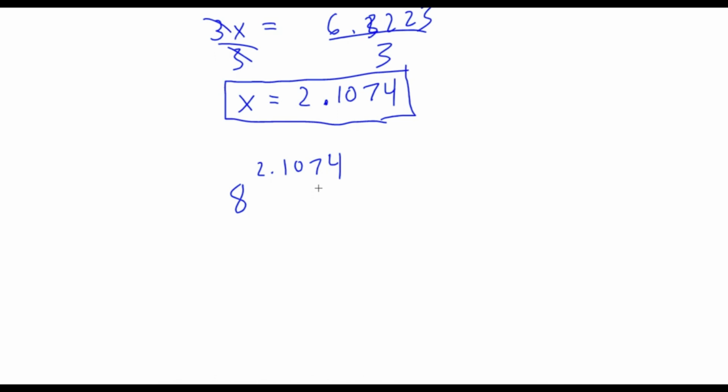So 8 to the power of 2.104, and yep, it is indeed approximately equal to 80. Because it's not the exact value of 80, but it is approximately equal to 80 because they